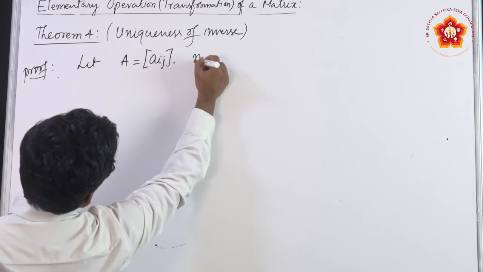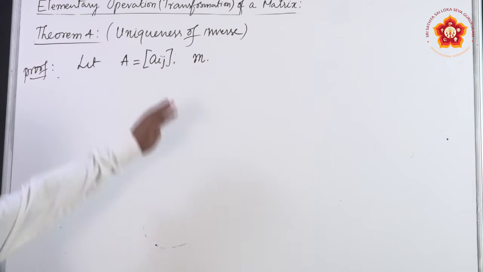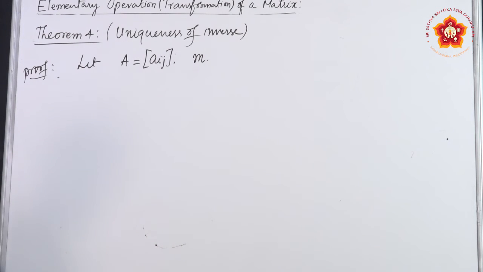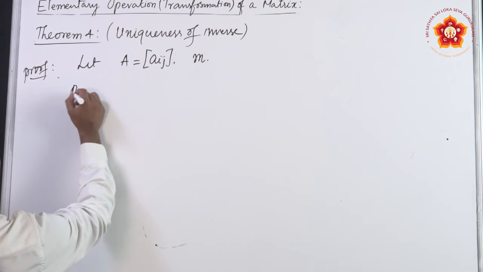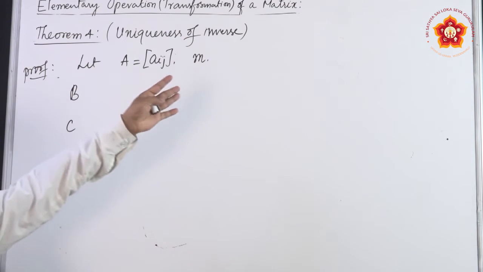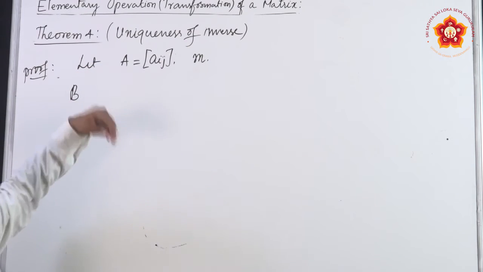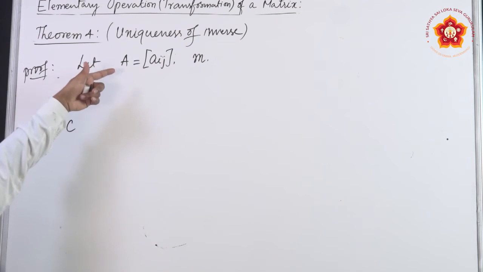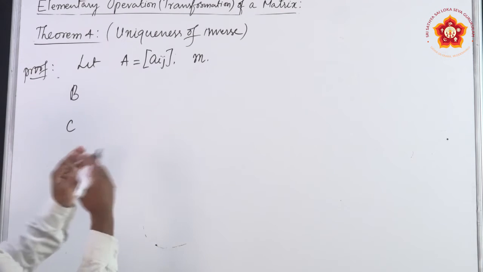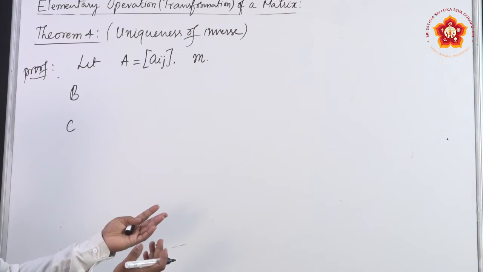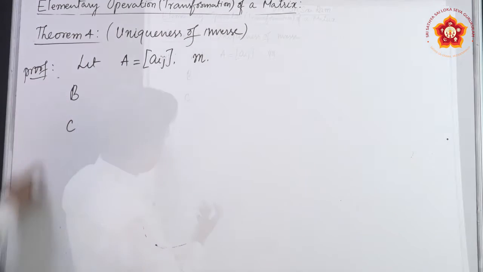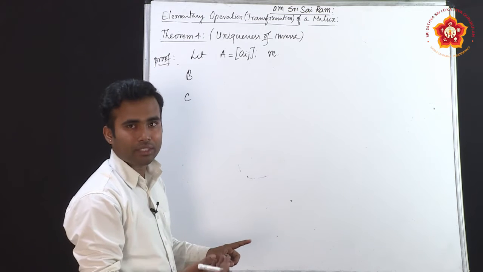Suppose I take matrix Aij of order M, which is a square matrix. A is a square matrix of order M. I will take two other matrices B and C of the same order M as the order of A. Here I am taking two different matrices which are the inverse of matrix A, and I arrive at the contradiction of my statement, that is B is equal to C. Here I am taking B is not equal to C, at the end I will show that B is equal to C, that is a contradiction of my statement.